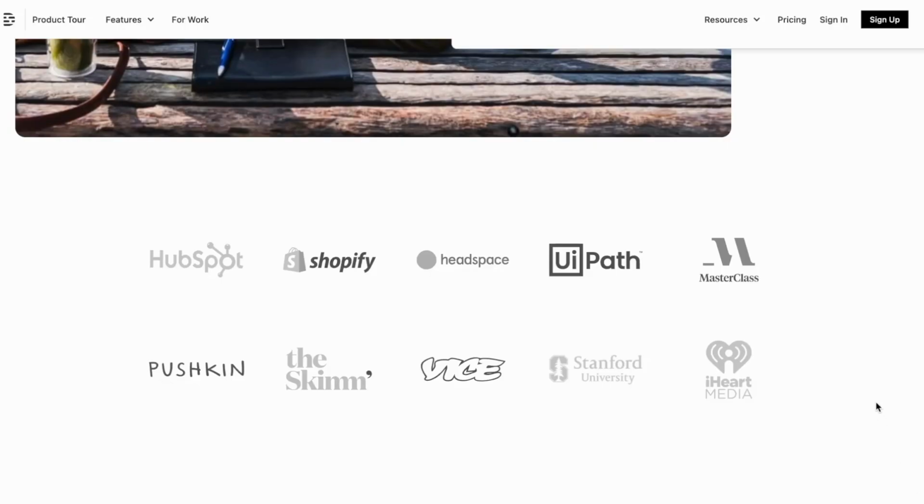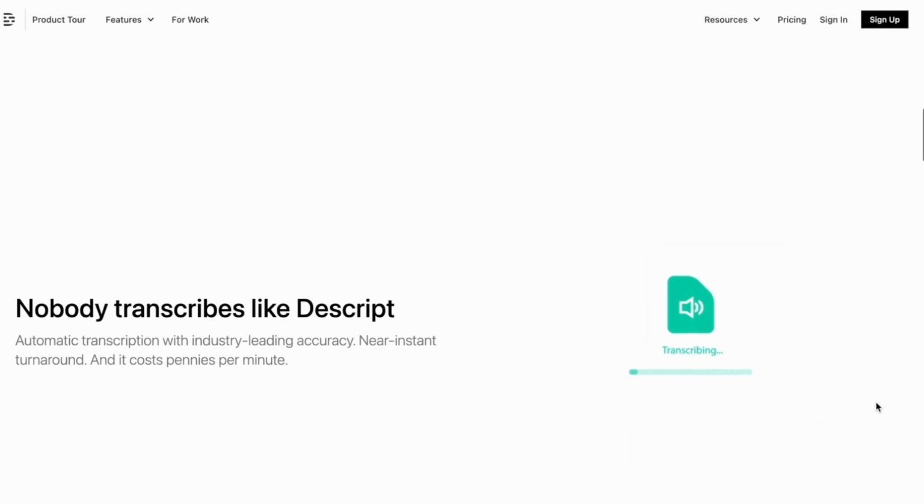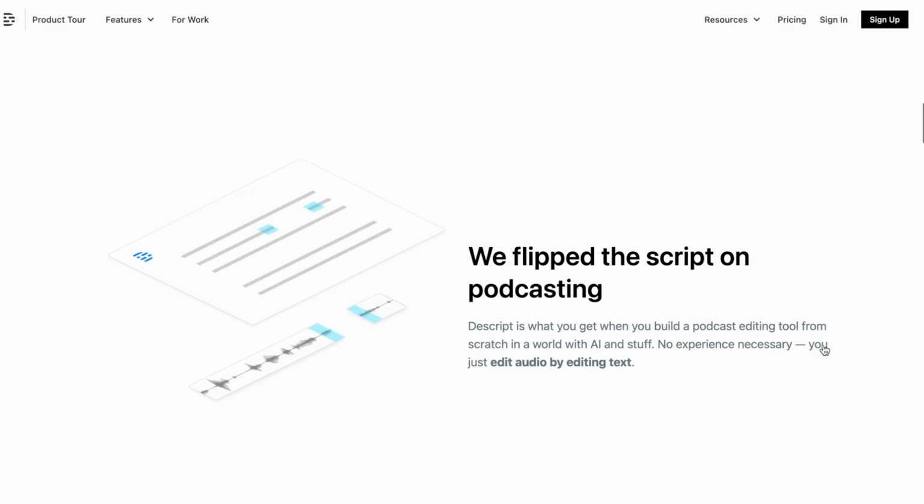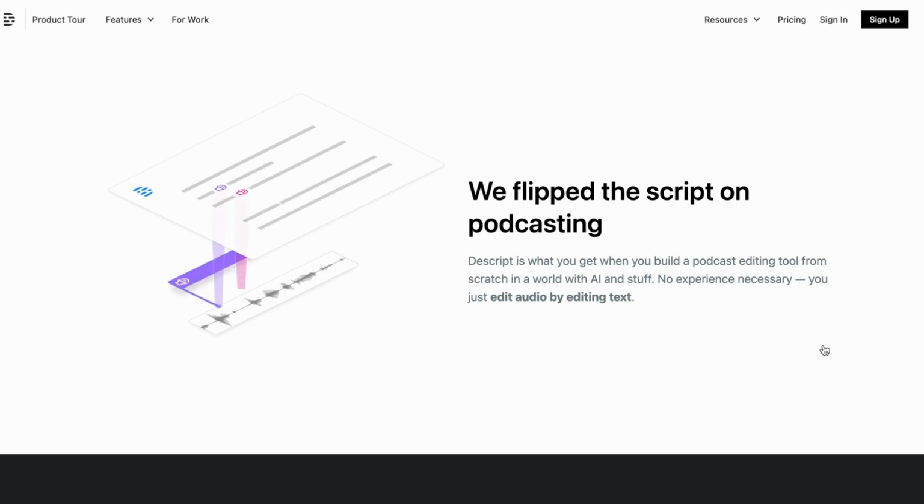If you have a podcast, or if you're thinking about creating a podcast, then you're going to be really interested in tool number 3. And this is called Descript. Descript is going to take care of your editing process when it comes to podcasts. And I love the features of this tool, because what you can do here is create your podcast or record your podcast. Descript is then going to create a transcript, and then instead of editing the audio and listening to the audio, you simply edit the text and it does the rest for you.